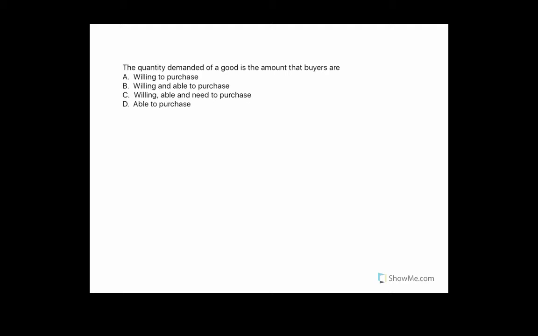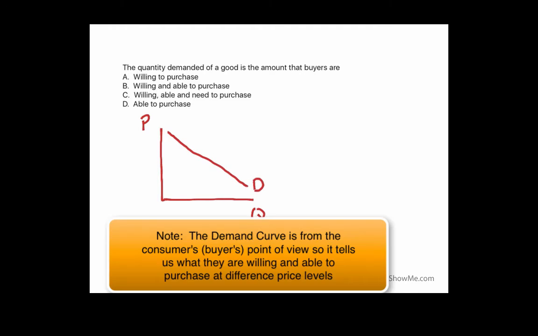All right, so before we approach these answers, let's go ahead and draw one of those demand curves. So, drawing the graph with price on the y-axis and quantity on the x-axis, the law of demand states that the demand curve is downward sloping. So we have that. Now, this question is asking what quantity demanded is, so we're focusing on a quantity, but each quantity is associated with a particular price. So, at a price of A,